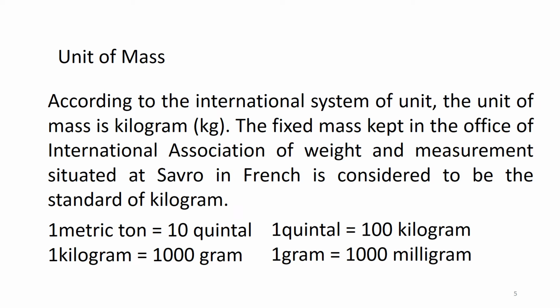1 metric ton equals to 10 quintal. 1 quintal equals to 100 kilogram. 1 kilogram equals to 1000 gram. 1 gram equals to 1000 milligram. এই রিলেশনটা তোমরা সবাই জানো, এটা তোমরা ম্যাথমেটিক্সে পড়েছো।